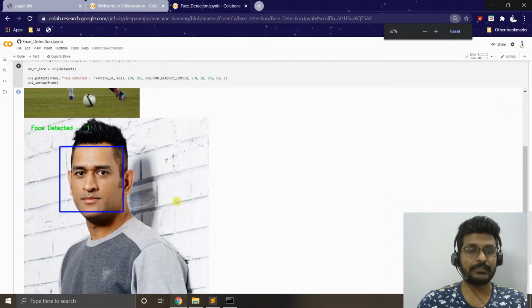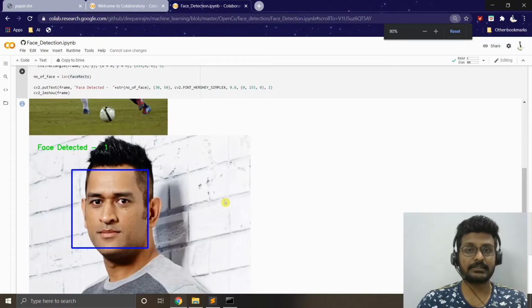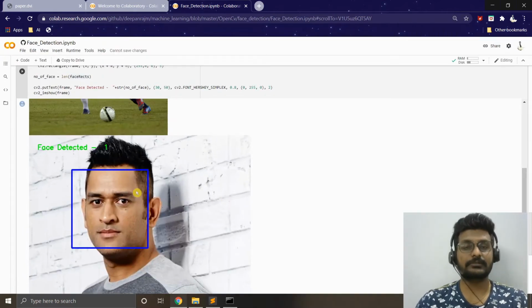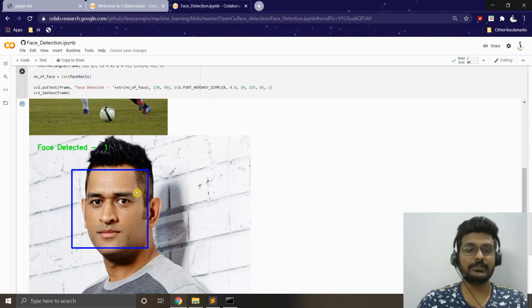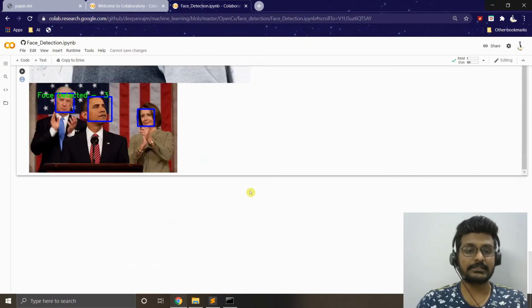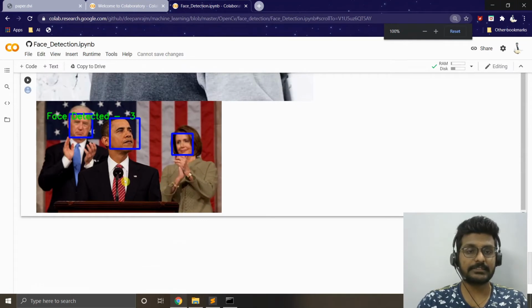So that's why we use this multi-scale detection technique, so that we will not be losing any faces because of the size of the given image or the size of the face. So even in this given image, which is a medium sized image where we have three faces, it is detected perfectly. So this is how we detect faces using Haar cascade classifier. So I believe that you got the fullest idea about how to do that.